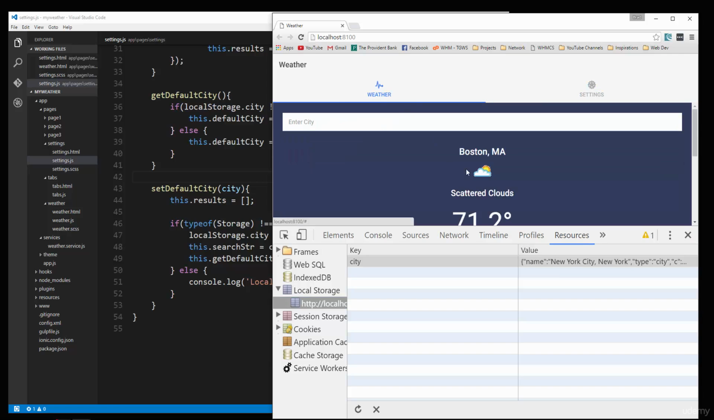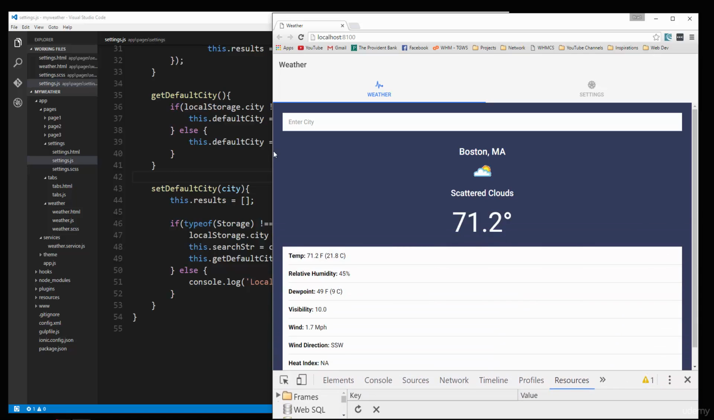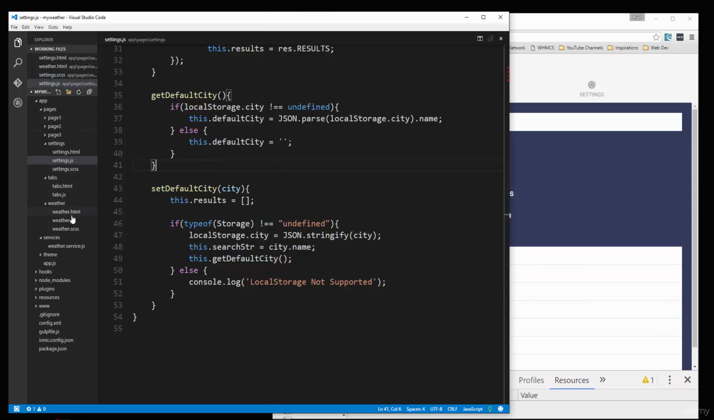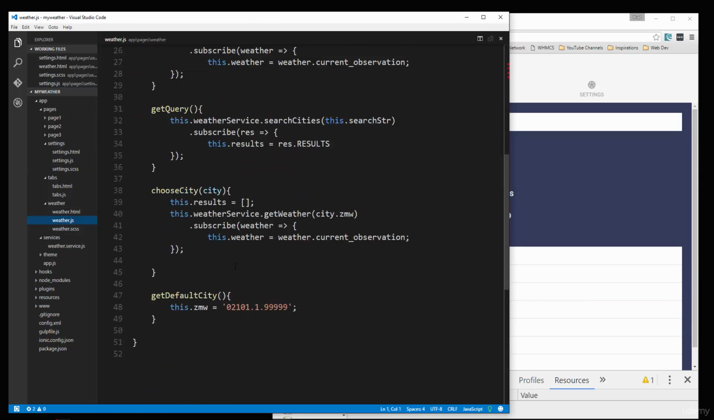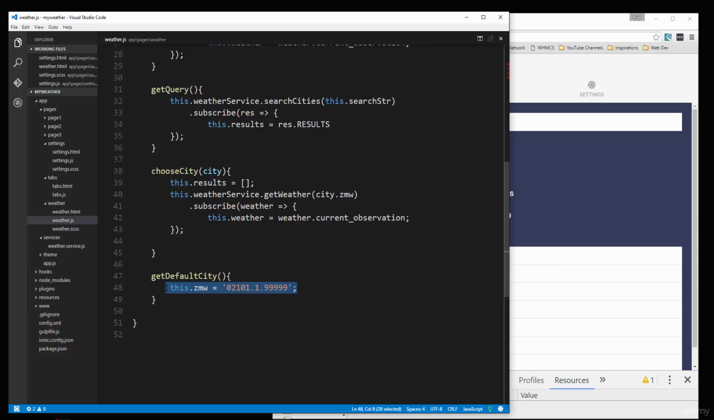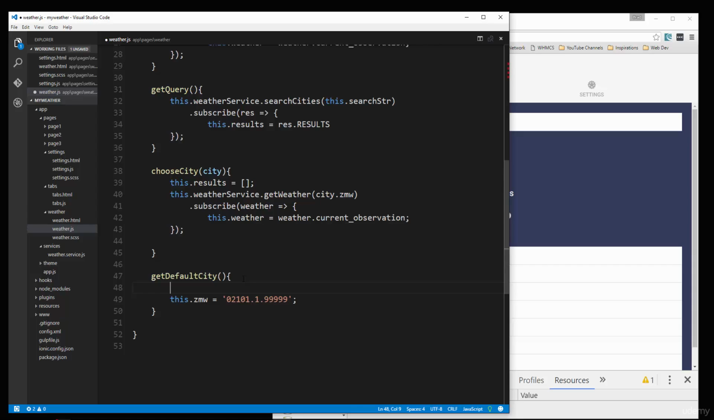Now if we go back to weather and we reload, we're still getting Boston because we haven't implemented it on that side. So let's do that. Okay, we're going to go to weather.js, and right now if we go to getDefaultCity, we're just explicitly setting it to Boston, to the ZMW value. What we want to do here is check the local storage first. All right, so let's say if, it's going to be an if else. So we'll say if localStorage.city is not undefined,